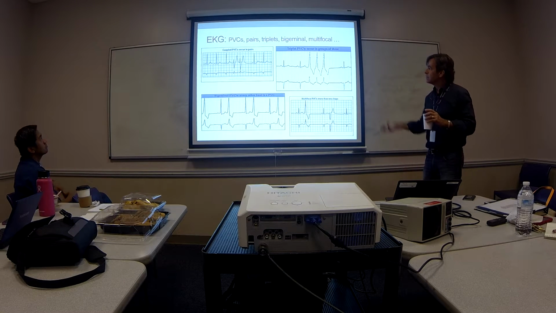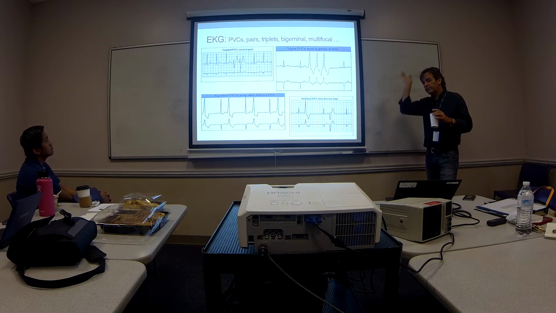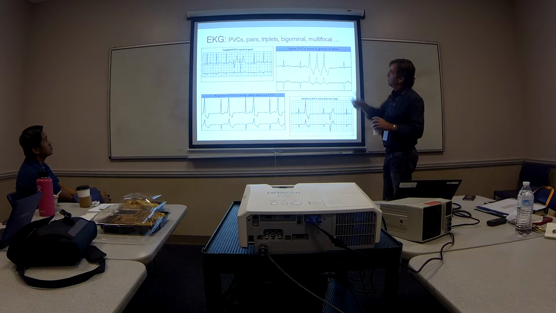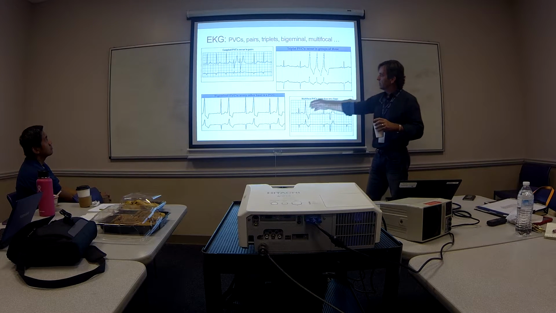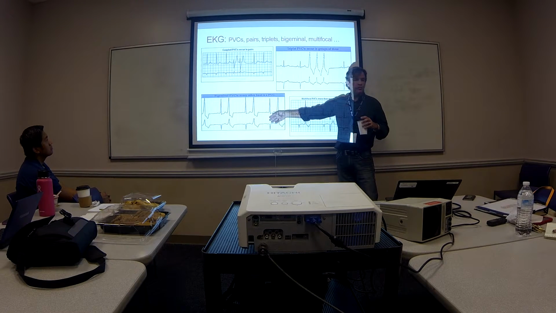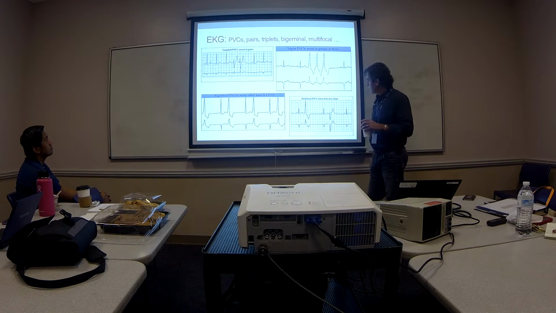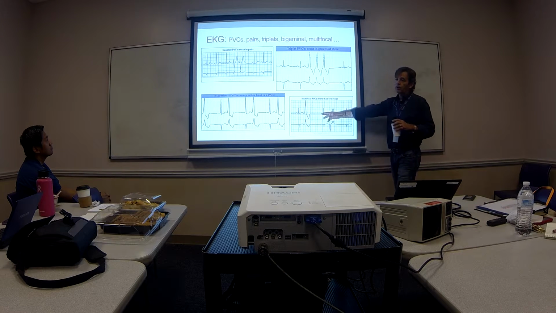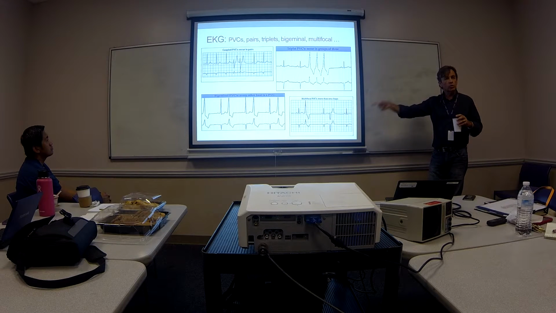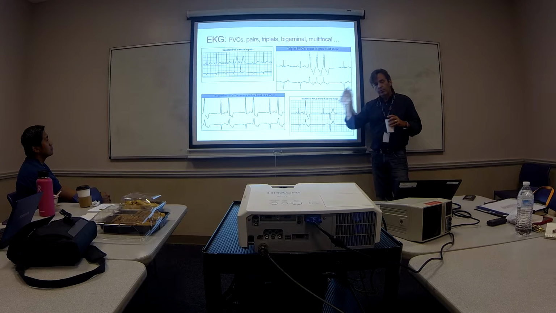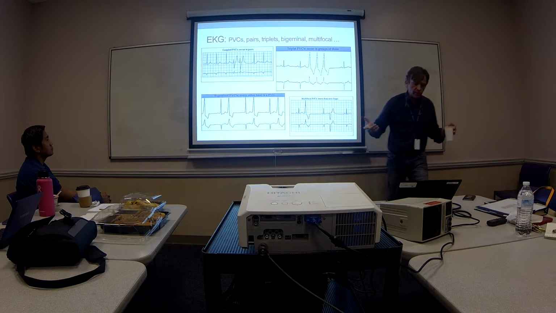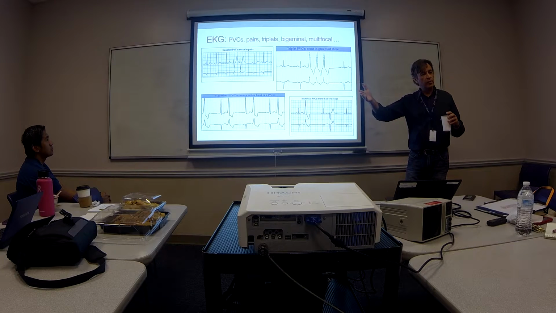Okay, PVCs come in different patterns, and people have done tons of research about how they come in pairs and triplets. Here we call it bigeminy, right? Every other beat is a PVC. What I often want to know is, do they all look the same, or do they look different on different beats? Because if the PVC always looks the same, that tells me there's one specific focus or site inside the heart, which, if we choose to do so, we can actually track down with the ablation catheter